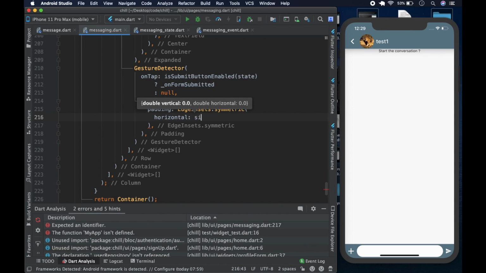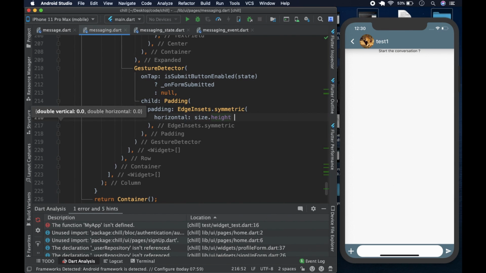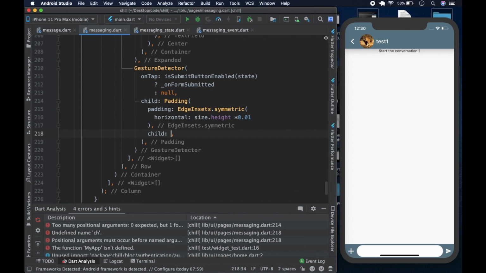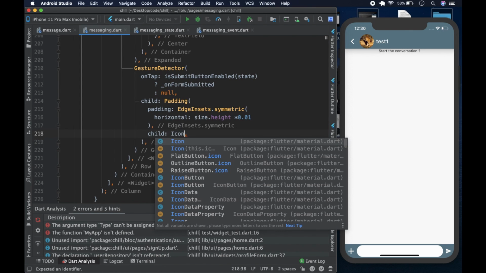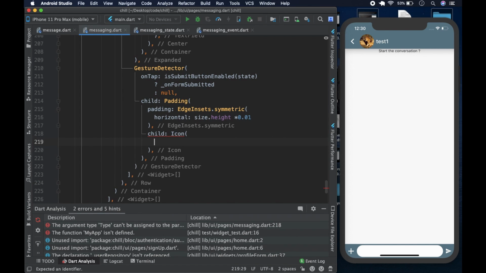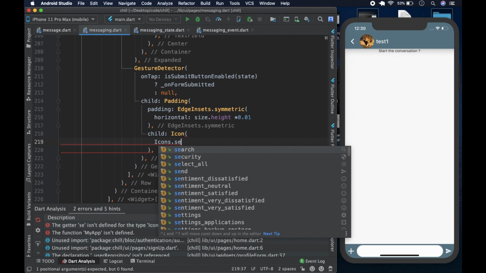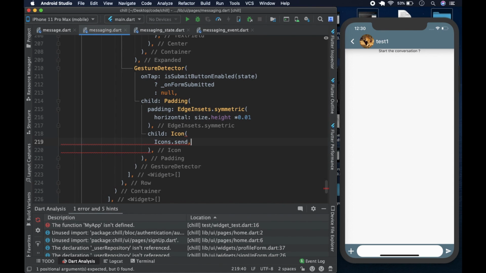The size dot height is going to be, we're going to multiply by 0.01, like so, and we're going to have a child of this padding, and it's going to be the icon that you can see. The icon is going to be Icons.send, like so,